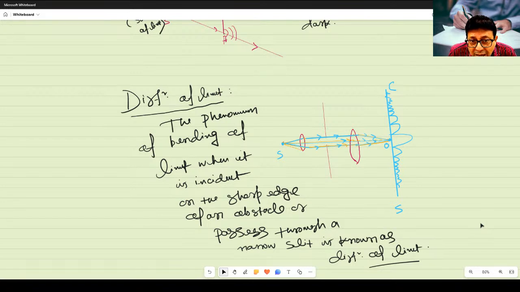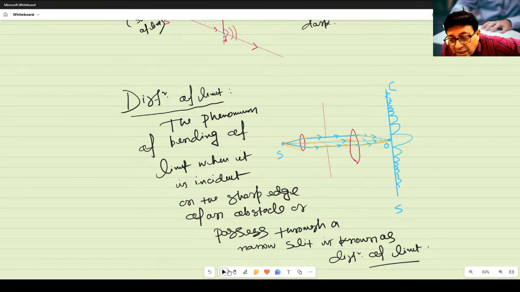In today's class I will be discussing what is there in your board examination, a topic important for your JEE and NEET examination also, because it is in accordance with the syllabus given in the CBSE board examination. So let me discuss diffraction. In competitive exams, the parts they can ask you, I will be discussing, but we will not go into much detail about diffraction. We have limitations here. It is just bending of light.